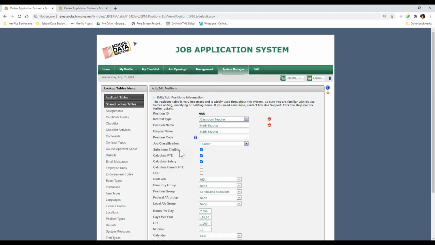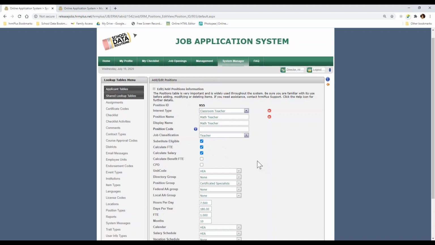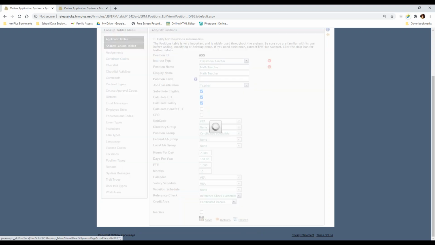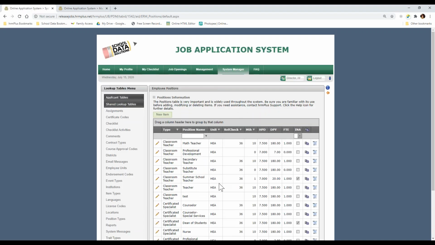And this is also where we tell the system whether a math teacher qualifies for a substitute or not. So those are some fields that were added in the background that do the magic thinking. Right. And last but not least,